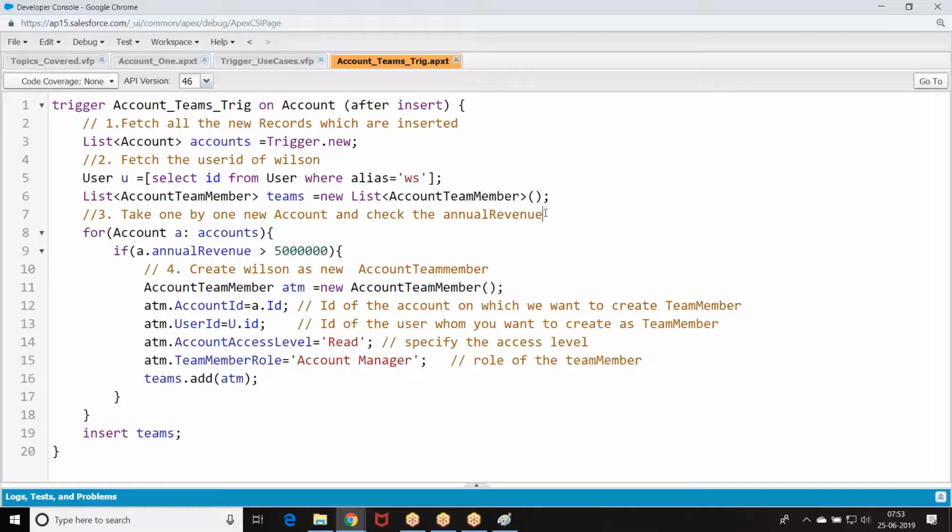So we cannot build a logic separately for every context. So every trigger is by default considered a bulk trigger. That is the reason we should always assume it is a list of records. Right? Okay.